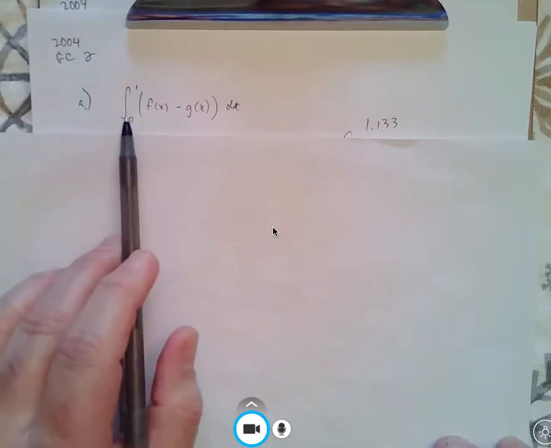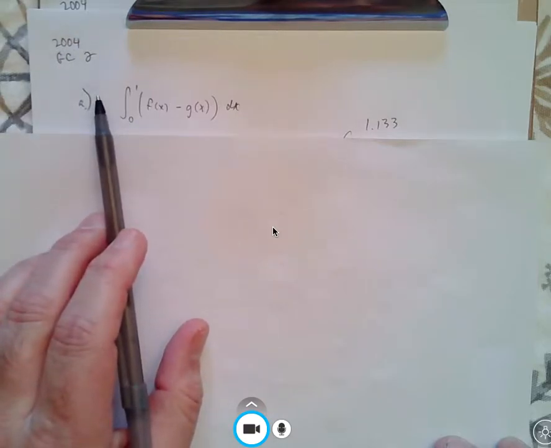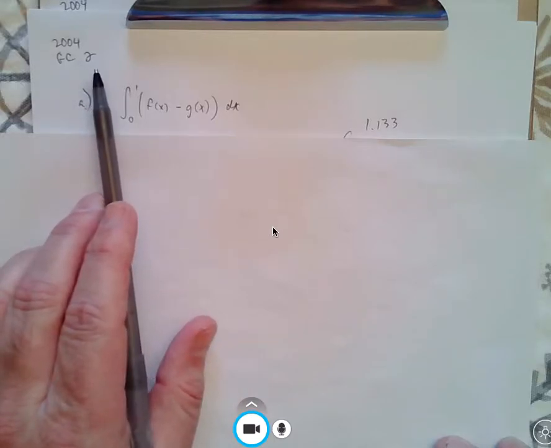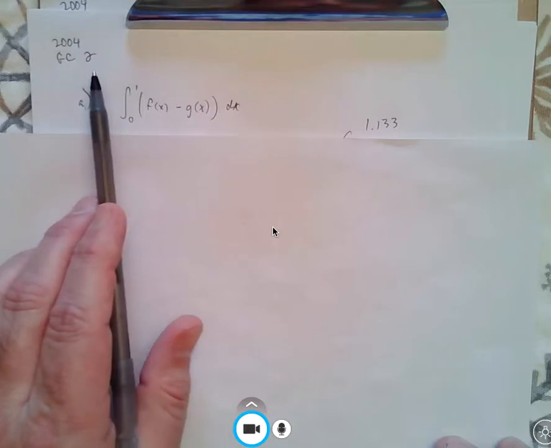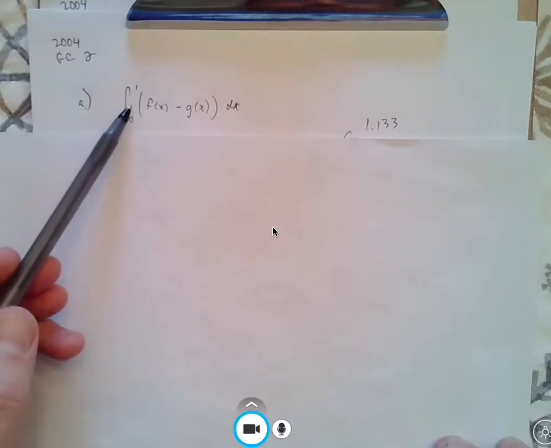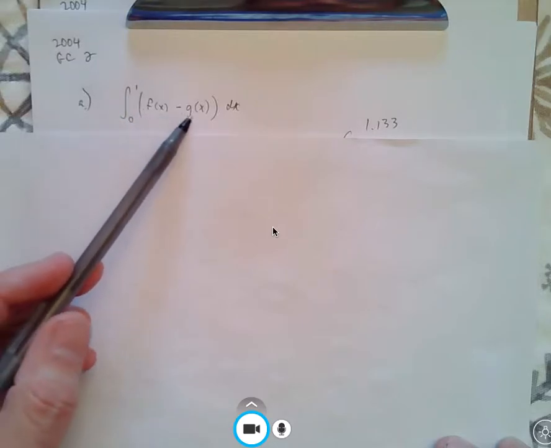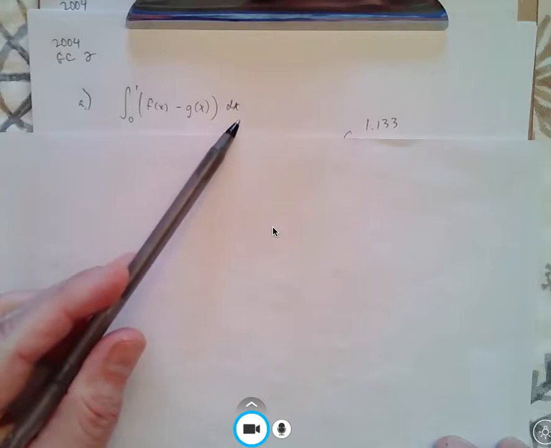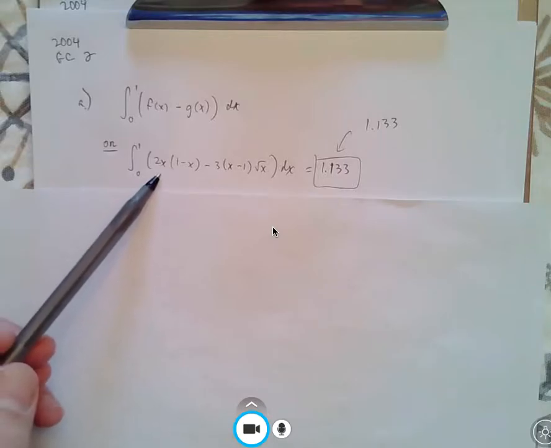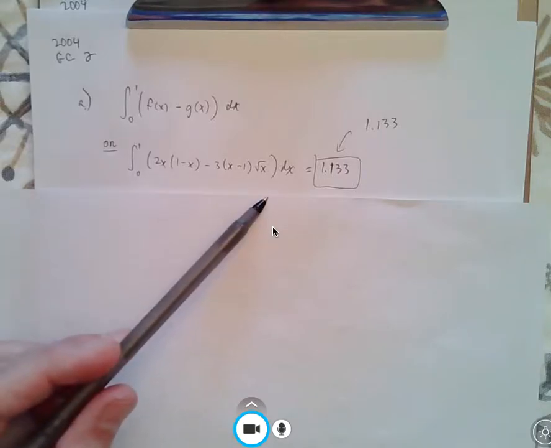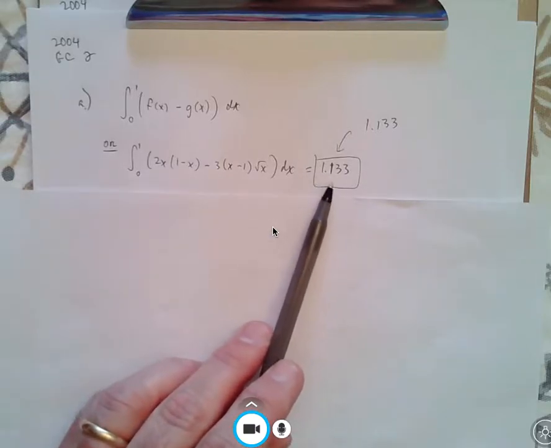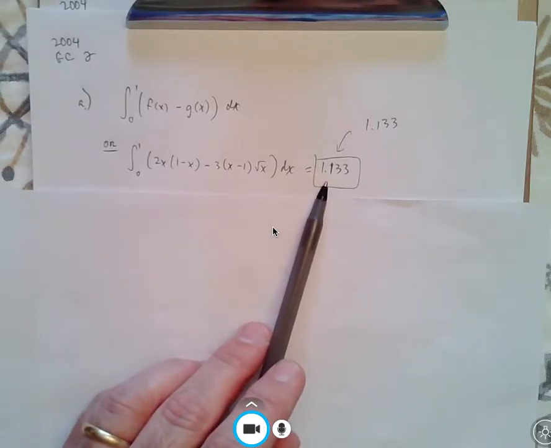So the first one is a calculator problem, so you can look at the picture. It's the graphing calculator problem number 2. And we did parts A and B in class, but we didn't do part C. Part A is pretty traditional. Again, the area of the region is subtracting the f of x minus g of x. Don't forget the dx. You can also type in or write in the original function, f of x minus g of x dx. And if you use your calculator, remember 3 decimal places rounded or truncated, 1.133, and the square